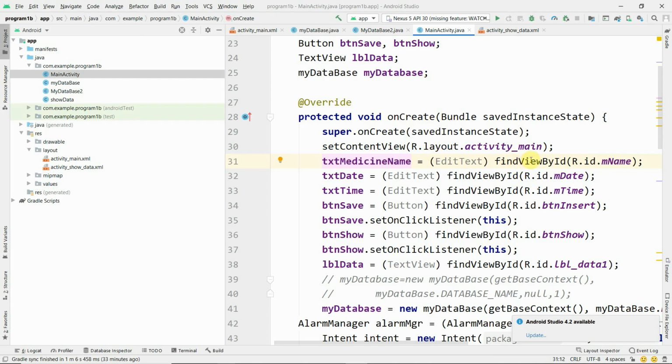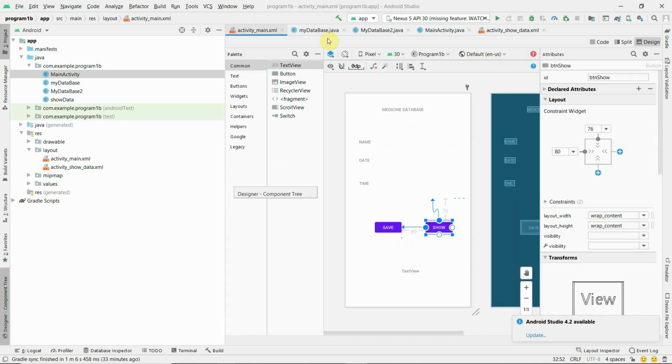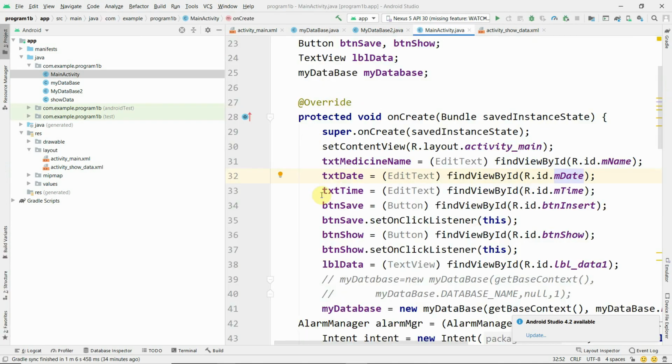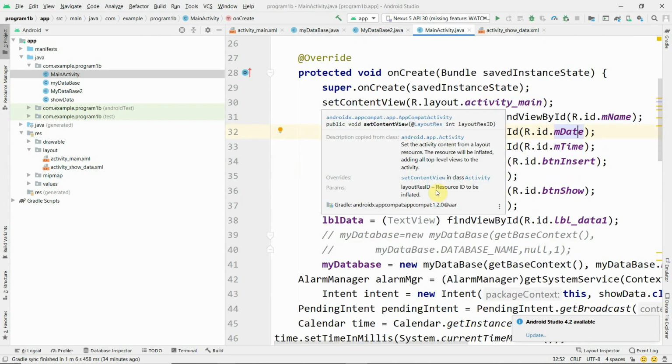You have to map it with the yum name text box that we already created. txt data, you have to map with the yum data, because you have designed the interface text boxes as m name for entering the medicine name, m date for entering the medicine date, and m time for entering the medicine time. You have to map them.